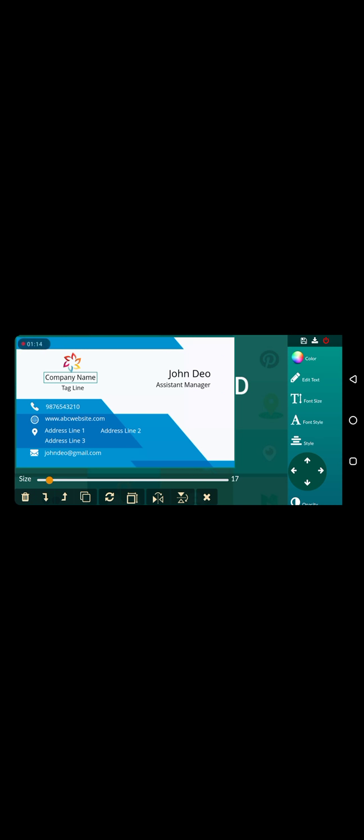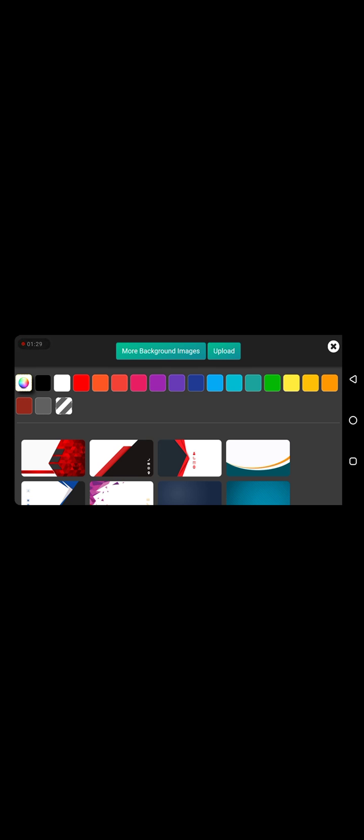You can just tap anything to edit. These are different features. When you are done, you can just tap empty space. This is background. How do you want the background to look like? If you click here, you're going to see we have different background colors. We have text, icons. If you want to add different social media icons, look at them here. Let's begin to add. I want to add shapes and lots more.